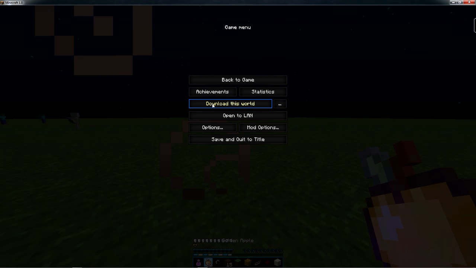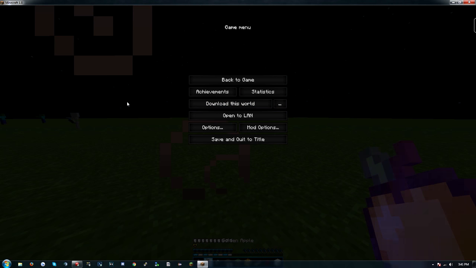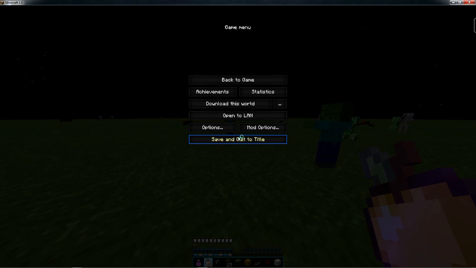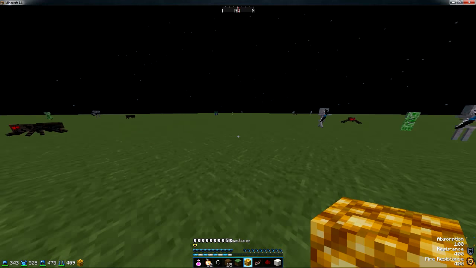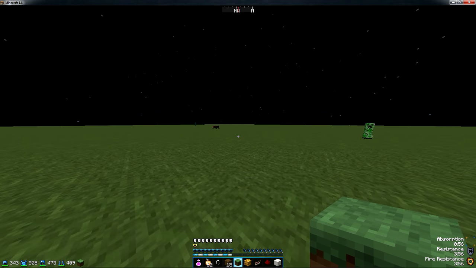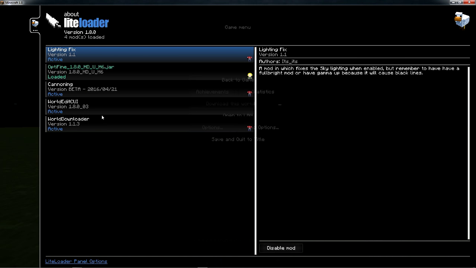So if you're on factions, World Downloader will download 9 chunks from you, or whatever the render distance is, I'm pretty sure. So the chunk you're in, and then the chunks around you. If you hit download world, you run around a bit, then stop download. If I was on multiplayer, that'd work, but I'm on single player, and then it creates a single player world for you. You can head over to that. So it's pretty much the equivalent to free cam, but it's allowed on most faction servers nowadays. And the one last mod is WorldEdit CUI.